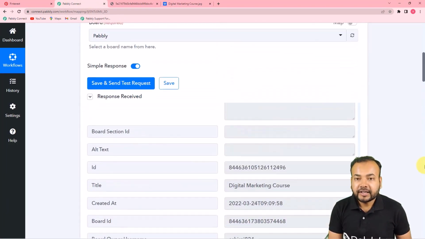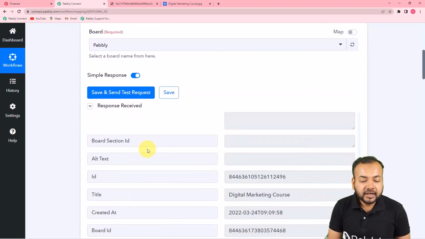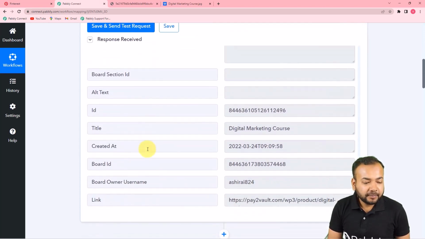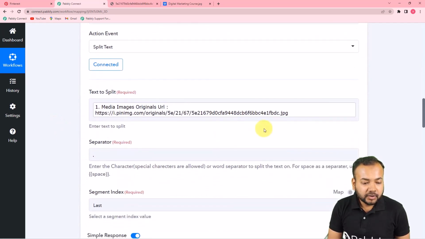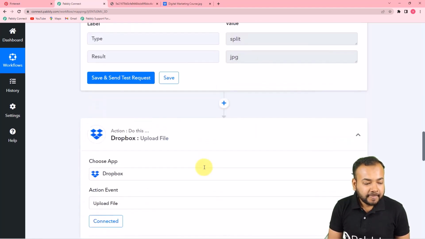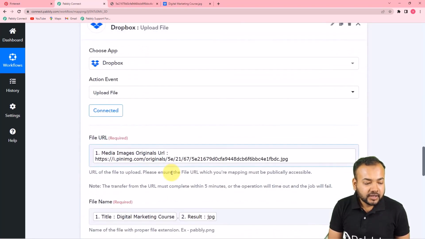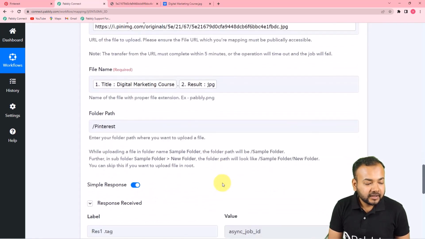So let me give you a quick recap of what I've done here. So first of all, in the trigger section, I connected Pinterest and captured the data of the most recently created pin from Pinterest. Okay, after that, I applied a text formatter to remove this JPG thing, or the file extension, from any kind of file. Okay, so we got this result label. After that, I connected Dropbox and mapped the file URL. Gave the file name as this by mapping the title and the result of the second step,